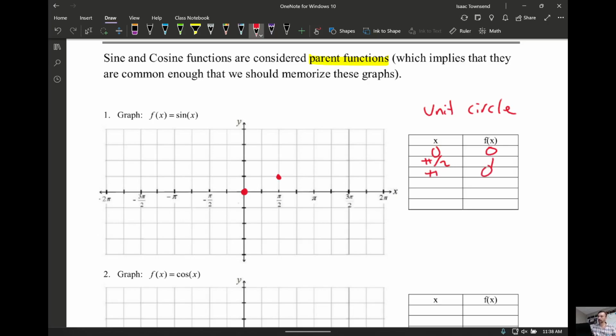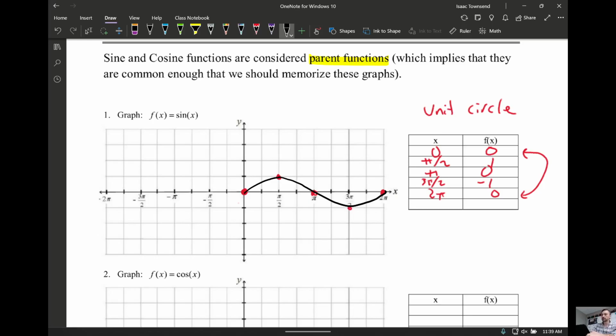The sine of pi would be 0, the sine of 3 pi over 2 is negative 1, and then 2 pi is coterminal to 0, so those would have the same values. I'm just picking angles that I can quickly find the value of from the unit circle that don't have weird decimals. You could do different points, you could do more points, but at the end of this, once you connect them,